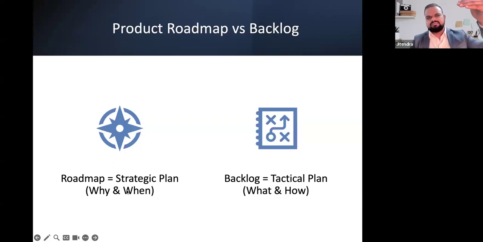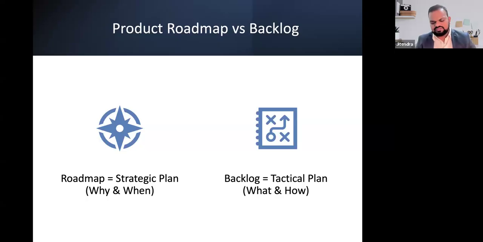What we say is, the roadmap is your strategic plan, the why and when. Earlier we talked about vision. Vision is what exactly I'm looking for, where I want to be in the next 3 years, 5 years. How to achieve that vision? For this, I need a strategy, and that strategy is my roadmap. For example, let's say my goal is that I want to be a chief product officer. That's a one-line statement that I have. Now, how will I be able to do it? I must have a roadmap.